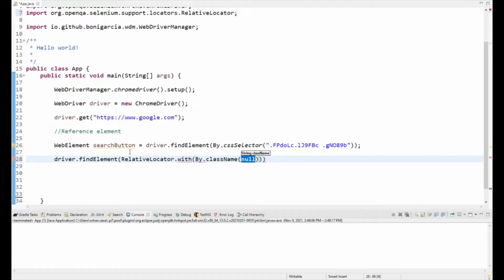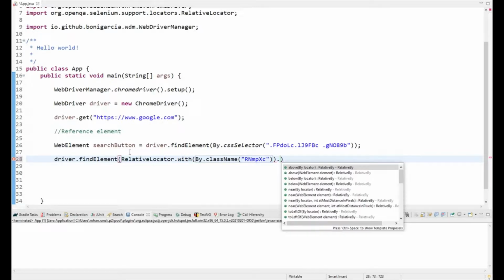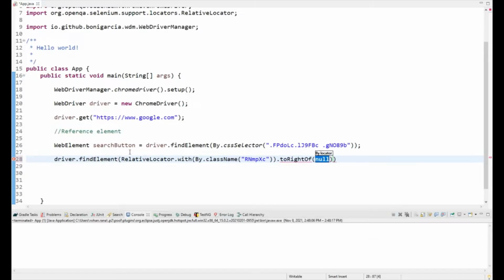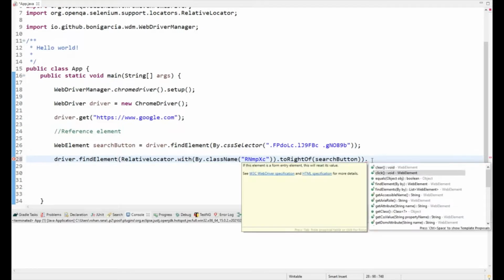I have already located the class name of the I'm Feeling Lucky button. Now you give the reference dot, because I have already told you it's right of the search button, so I need to use rightOf, and we have already located the search button. Let me put it here. And what you want to perform on that button is dot click.